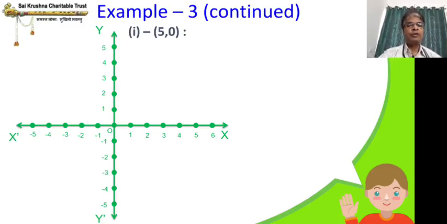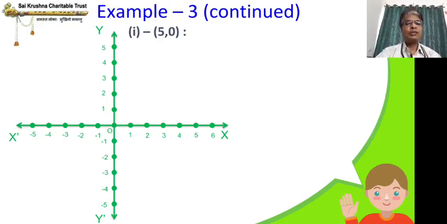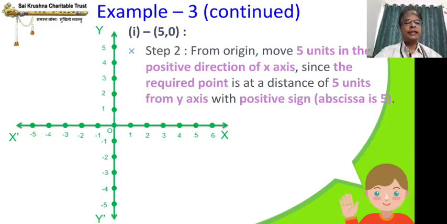Yes, I am sure all of you would have got it. I am going to start now. Since it is (5, 0), abscissa is 5, from y axis I am moving along the x axis, and since it is positive I am going to move on the right side, 5 units in the positive direction. So I have moved on the right side and the point is (5, 0), ordinate is 0. So what is happening? Because it is 0, we are not moving away from x axis, because the distance of the point from x axis, that is the ordinate value, is 0, so the distance is also 0.